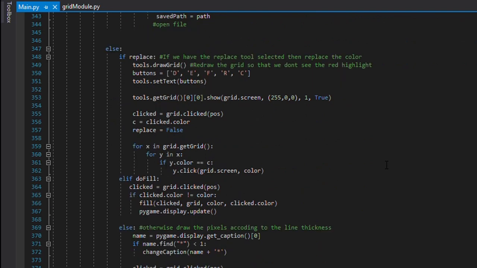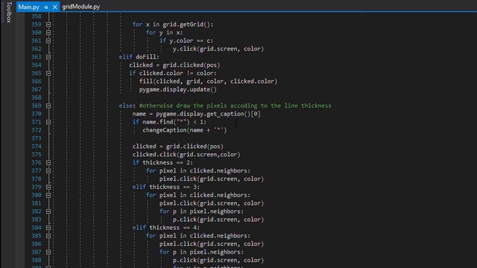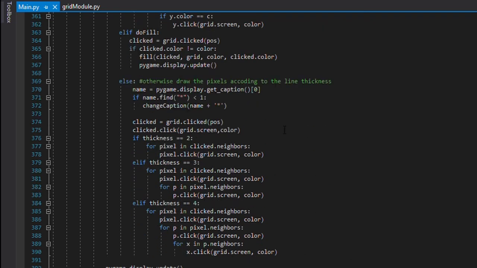Now if the person has selected the replace tool, then we'll simply use the functions within the grid module that I've explained previously to achieve that purpose. Similarly, it is done for the fill function and all other functions. Here you can see we have just changed the line thickness according to the one selected by the user.